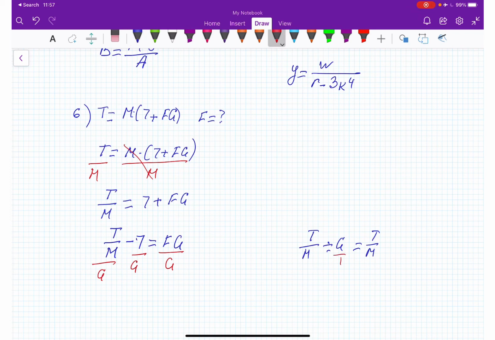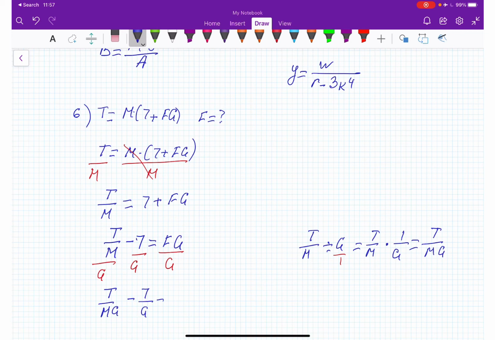When we divide fractions, what do we do? We flip the fraction: second fraction times 1 over g. And the answer is going to be t over mg. It's going to be the same way: t over mg and minus 7 over